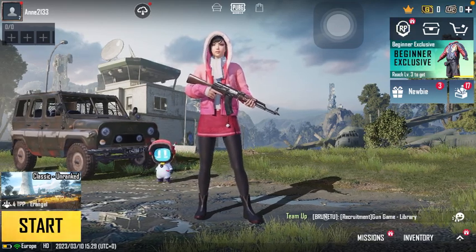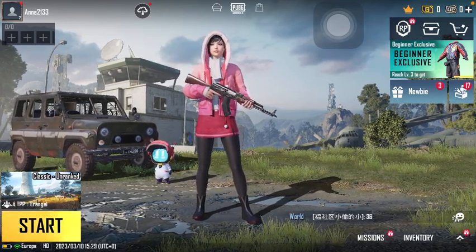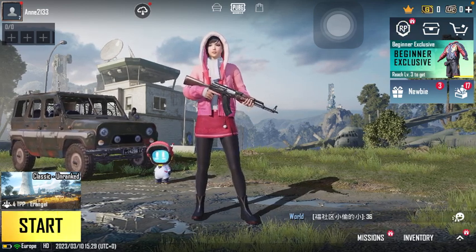Hello guys, in this video I am going to show you how to set lens sensitivity options on the PUBG